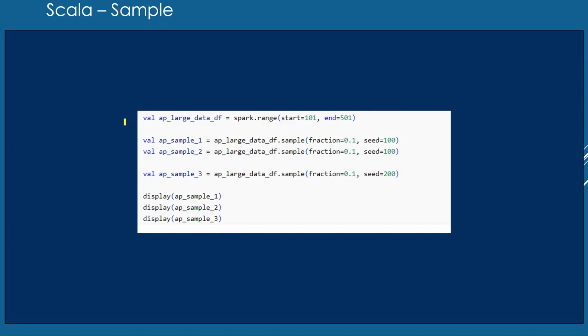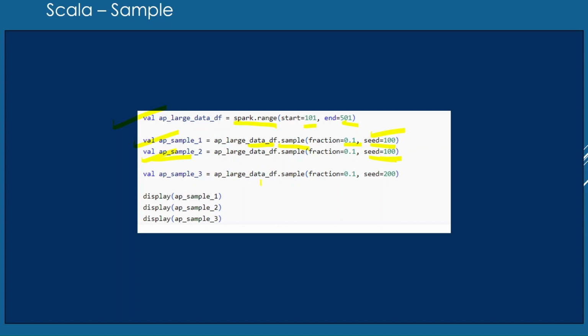So this exercise is all about that. What I am doing in this exercise is creating a data frame with the help of the range function, starting from 101 to 501. And here I am taking a sample. The fraction of the sample I am taking from this data frame is 0.1 only. And the seed is 100, and this is also 100. So we can see both data frames have the same number of records and the same records because the seeds are the same.